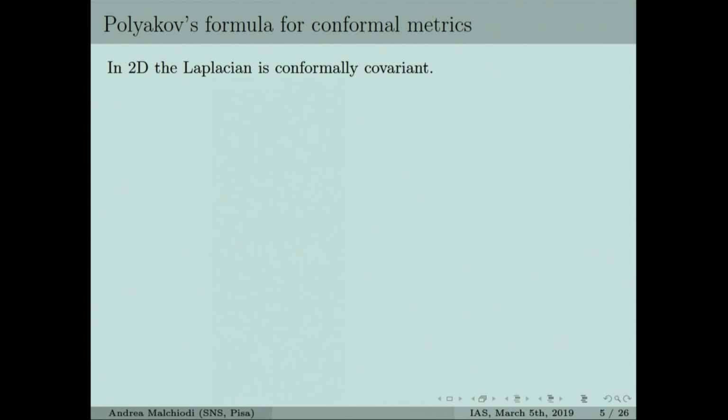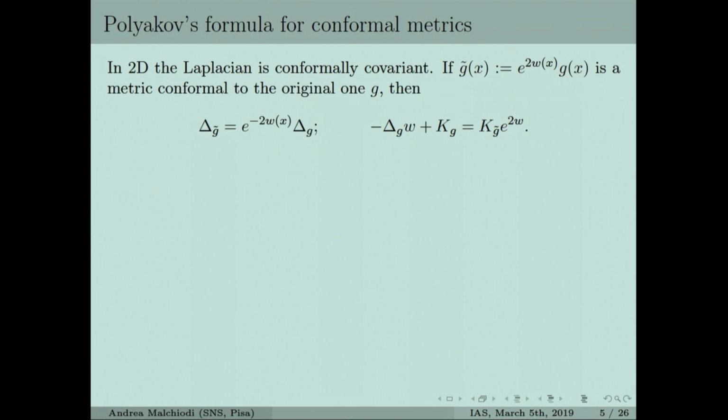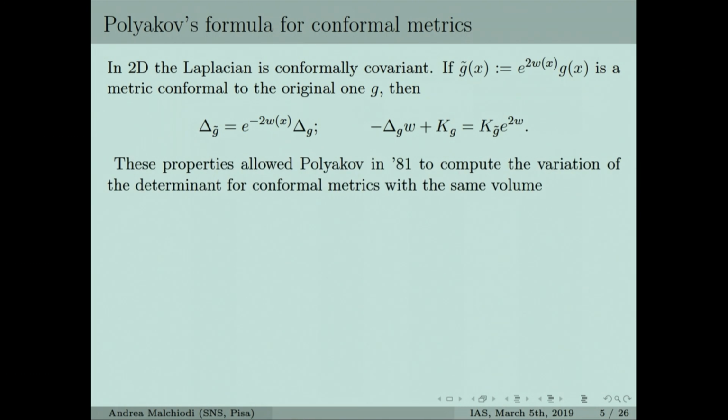So in 2 dimensions, the Laplacian is conformally invariant. If you rescale the metric in this way, then the Laplacian just scales pointwise inversely. And you have the following transformation law for the Gaussian curvature. K_g is the background Gaussian curvature, and K_g tilde is the conformal Gaussian curvature. And so this